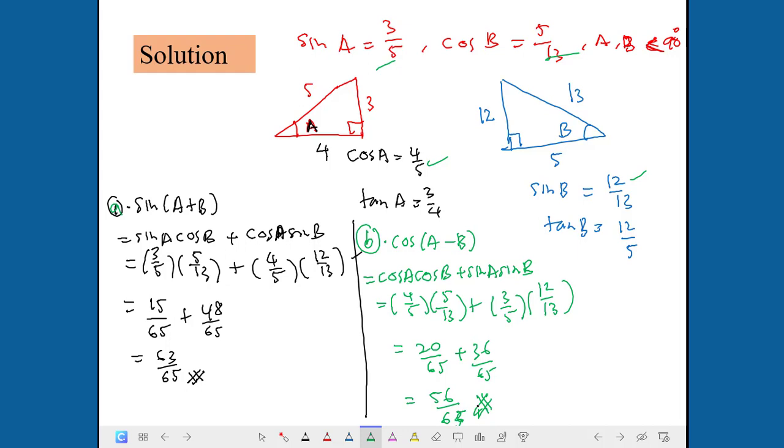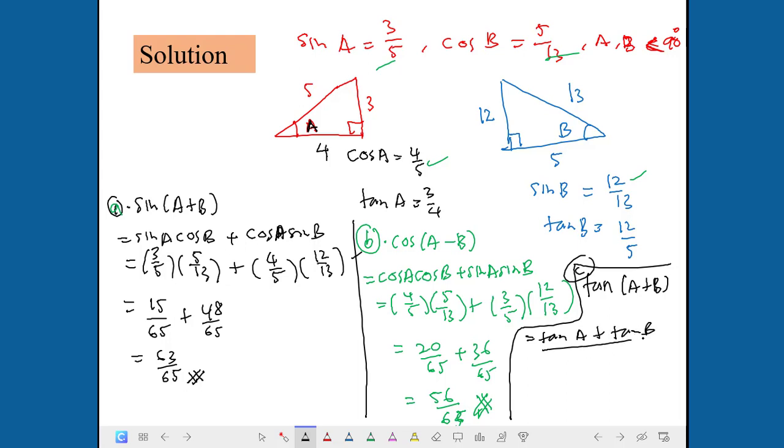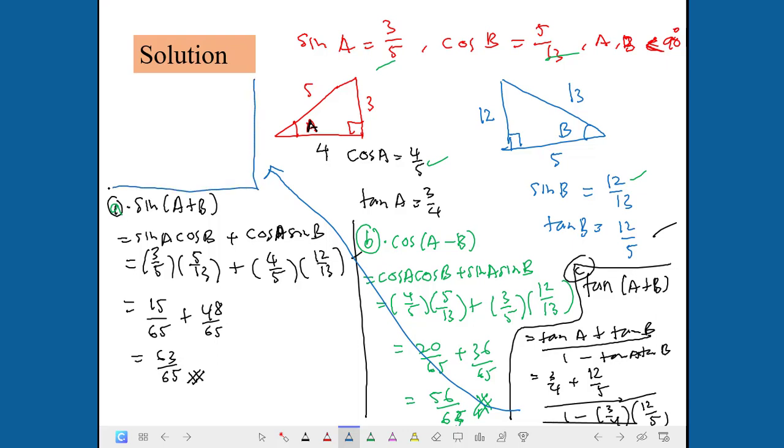Okay, settled. The third one is tangent, tan(A+B), which is equal to tan A plus tan B over 1 minus tan A tan B. Then tan A is equal to 3 over 4 and tan B is 12 over 5, so 1 minus 3 over 4 times 12 over 5. So tan(A+B) is equal to, equating the denominators,